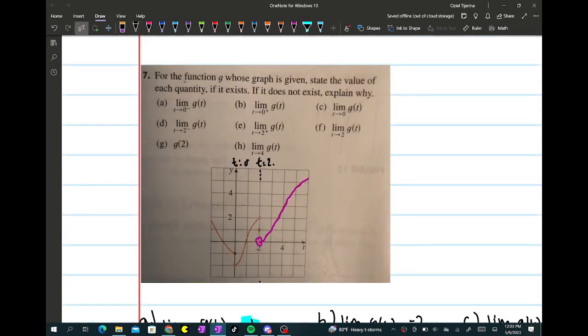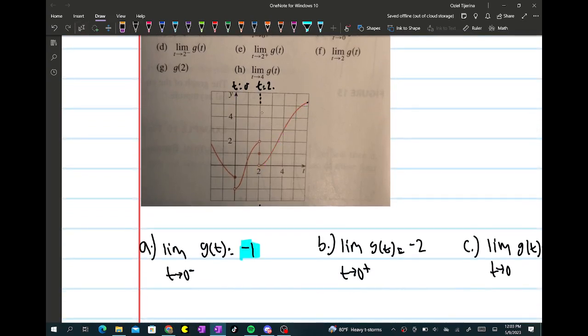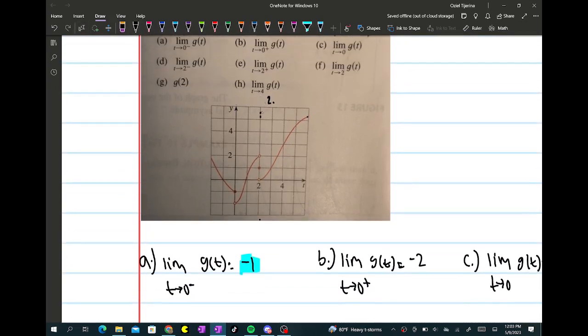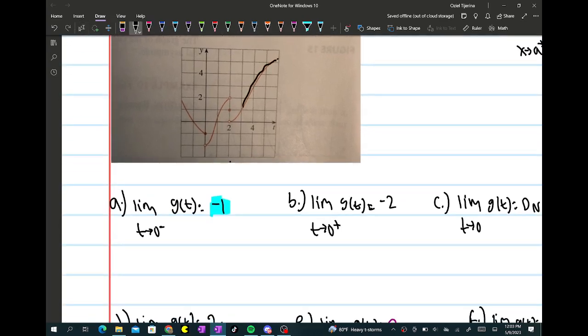Part G tells us to find g of 2. I know this one might be a little bit tricky because, like I said, we were looking at these 2 curves and we were saying that the limit didn't exist. This was the right, this was the left. There's the left side, there's the right side, but they were approaching 2 different numbers, like a and b, right? So we could say that because of that, the limit didn't exist. But the output right here, which was right here,